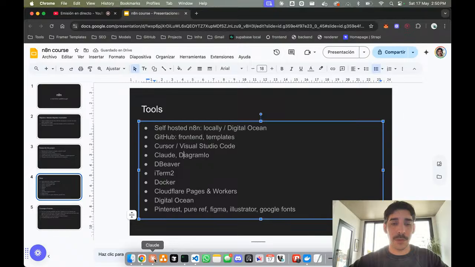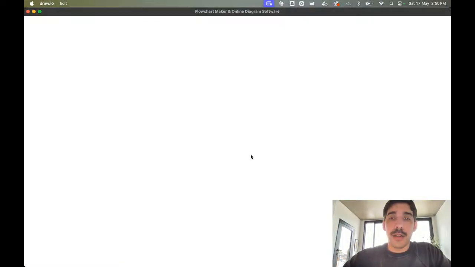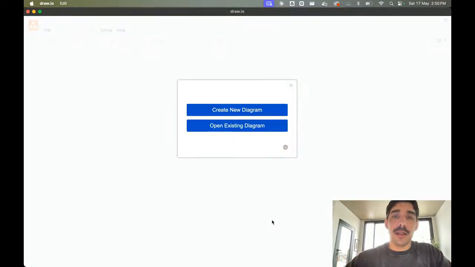This is the one that I've been using lately. It's actually draw.io. There are other ones, but I'm kinda used to this one.